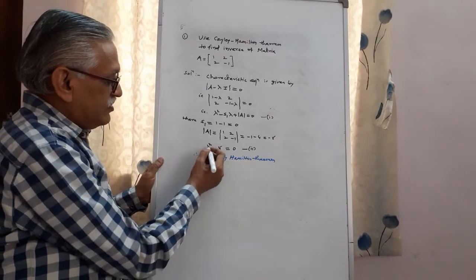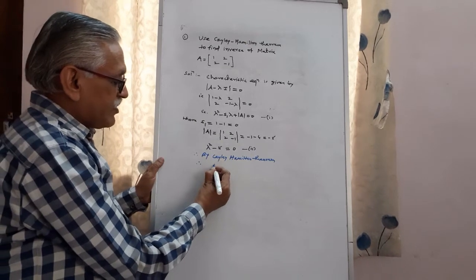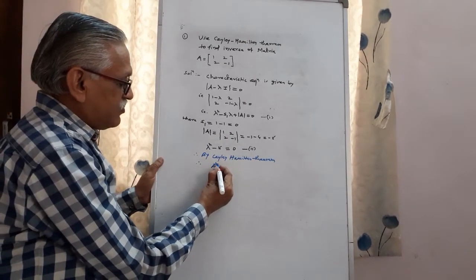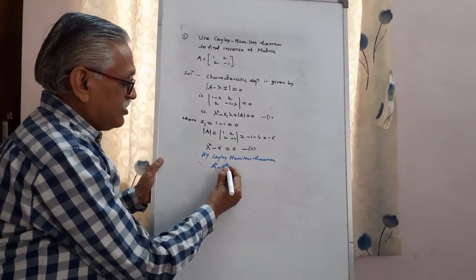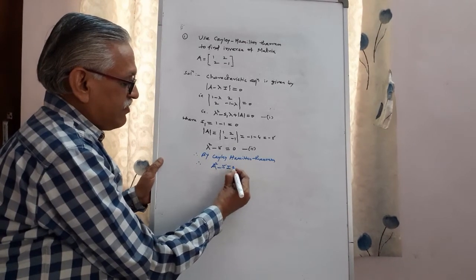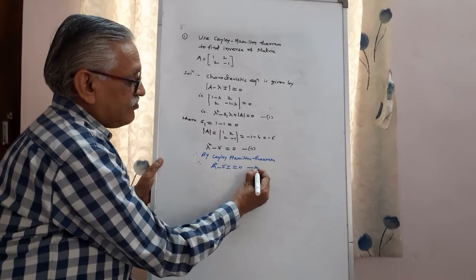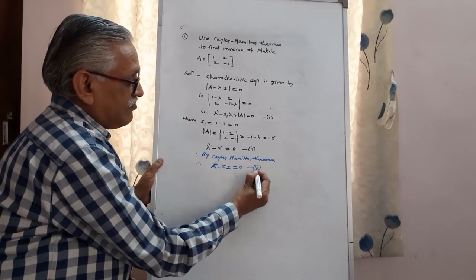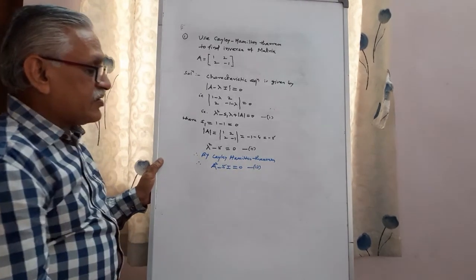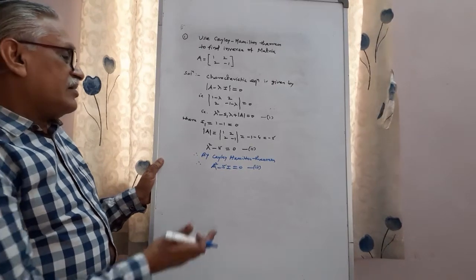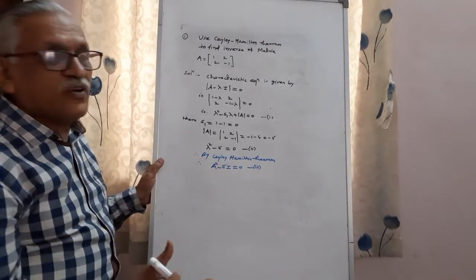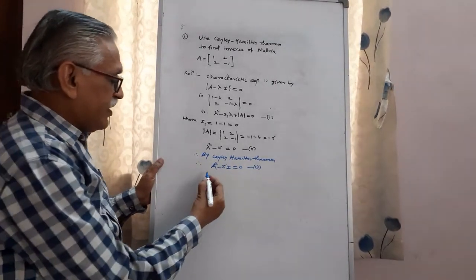Therefore, replacing lambda by A, we get A square minus 5, converting to matrix form, minus 5I equals 0. Here we require to find only the inverse. Therefore, to find A inverse,